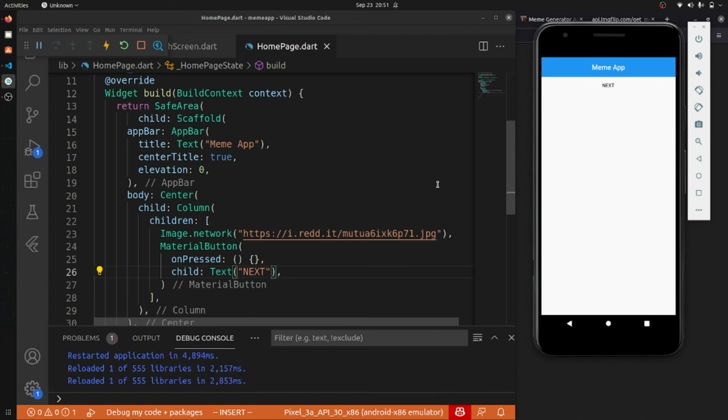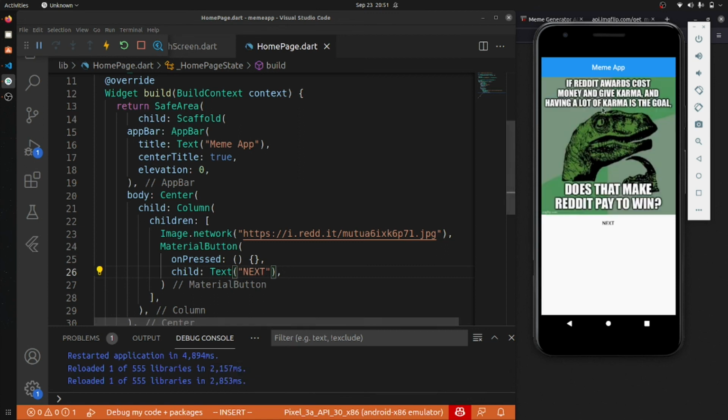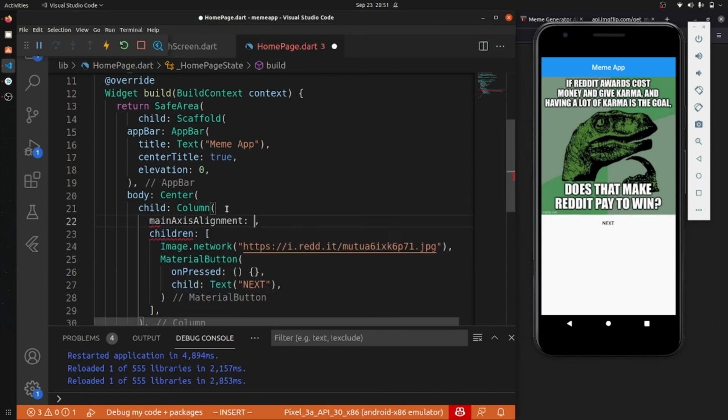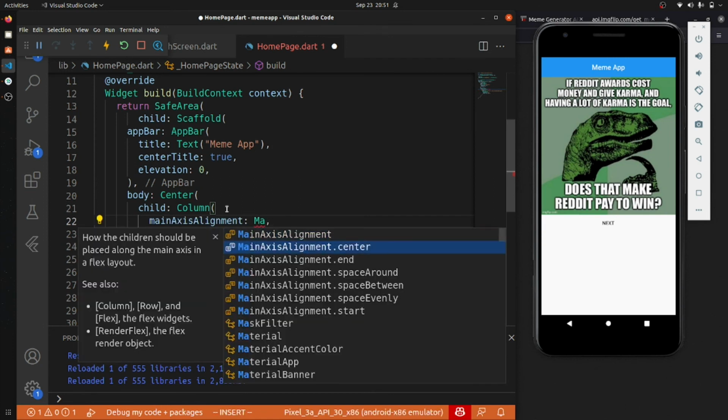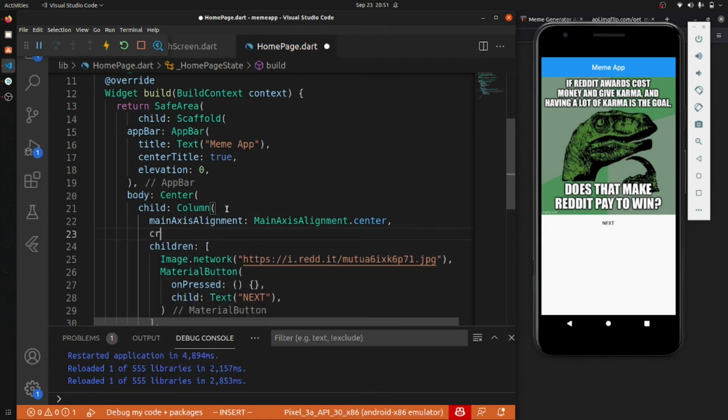You can see that we got our image and we have a button. So it means our Image.network is working fine. Now we will add some decorations like main axis alignment center and cross axis alignment center.